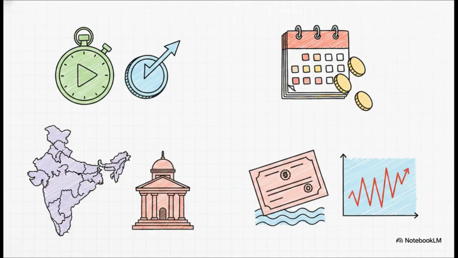Second, we have dated government securities. These are your medium to long-term bonds maturing in 5, 10, 20 years or even longer, and these do pay a fixed interest amount, which we call a coupon, at regular intervals. Third are state development loans, or SDLs. These are simply securities issued by state governments, and they sometimes offer slightly different yields to attract capital. And finally, floating rate savings bonds, where the interest rate isn't permanently locked in, but is actually linked to a benchmark that changes over time.